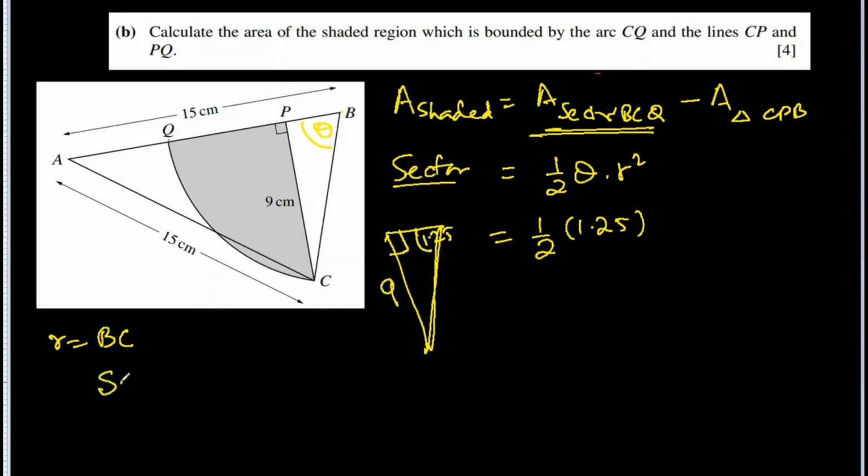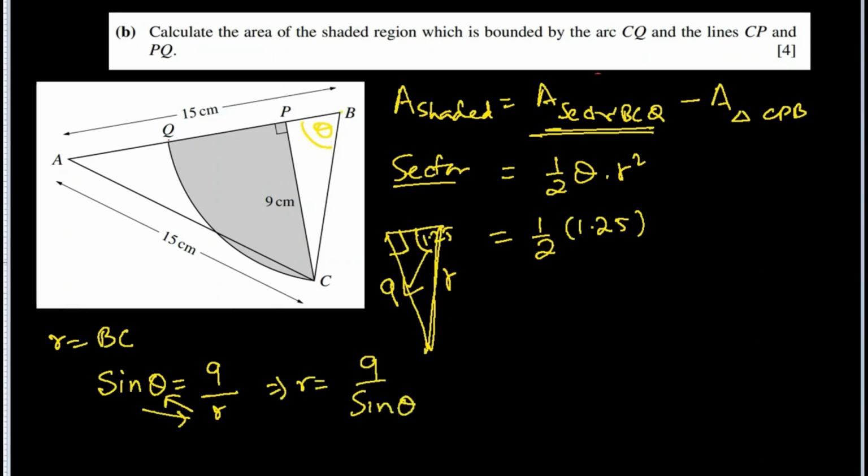Sine theta equal to opposite of the angle, which is 9, divided by the hypotenuse. That's what we want to find. Let's call it r because it's the radius of the sector, and they will interchange their places when we do cross multiply. So r equal to 9 over sine theta,